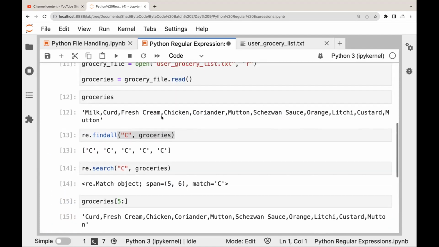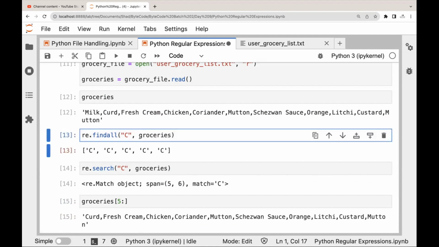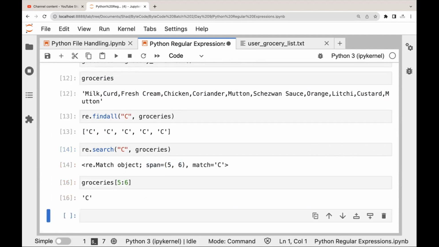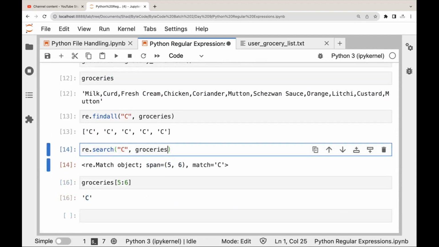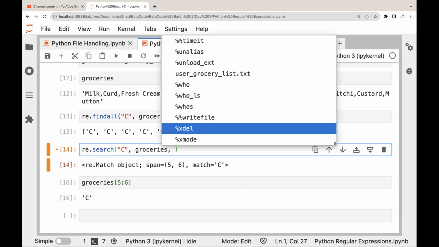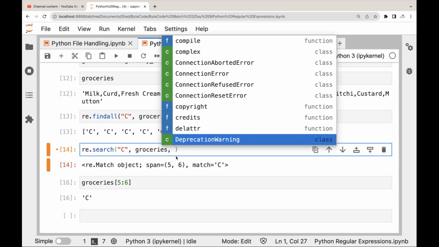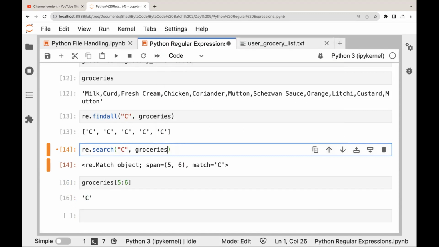If you want to give any specific, span is equal to 5 and 6. What is that span? 5 by 6 is nothing but your index, like where exactly. If I give 6, see, I can also give, suppose you want